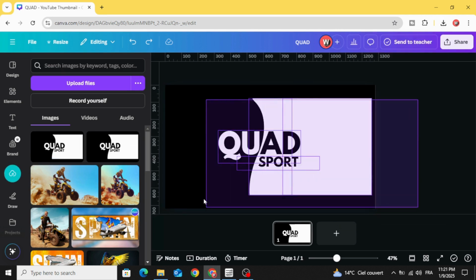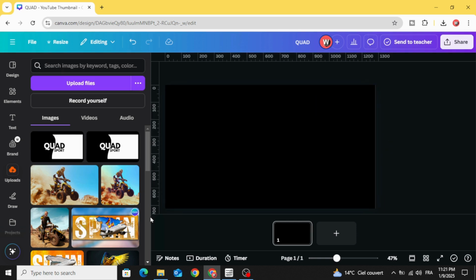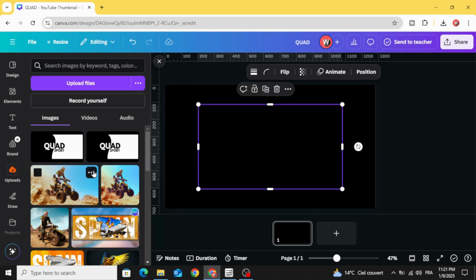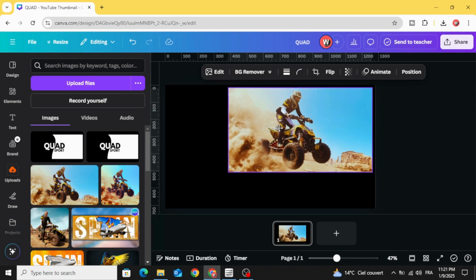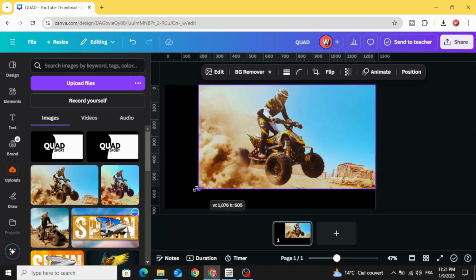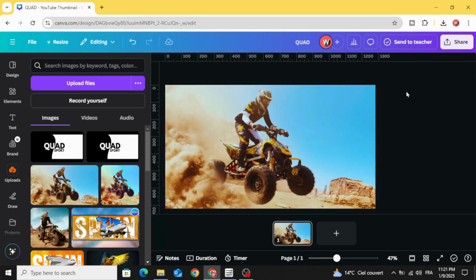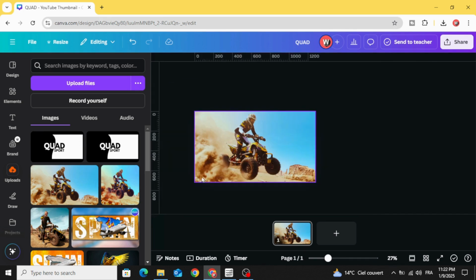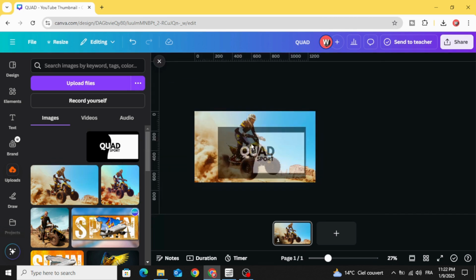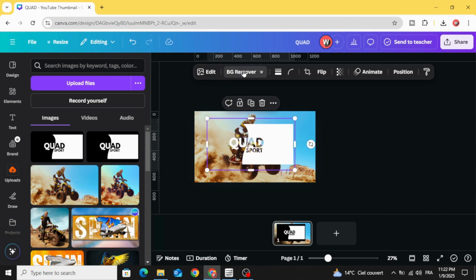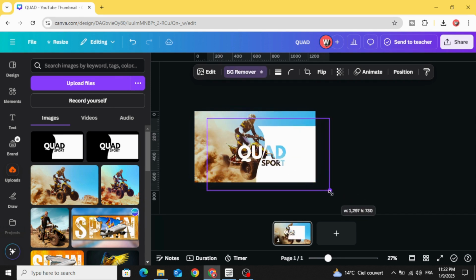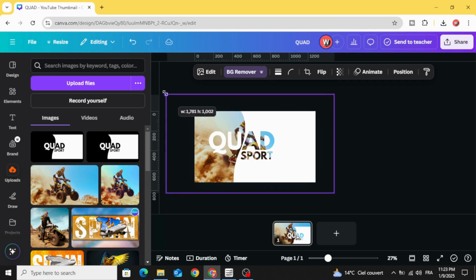And just delete these elements, and after uploading your image, drag it to the design. Let's increase the size to fit the page and drag the image that we make. Click remove background, increase the size,